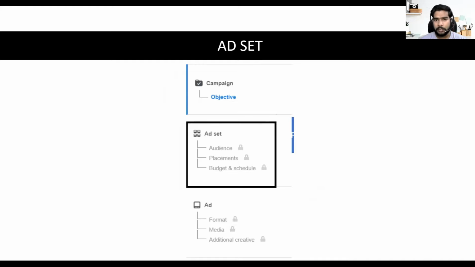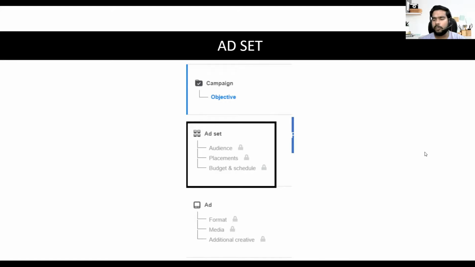Facebook will show your ad mostly to those platforms. Platforms and placements are two different things. Platform means Facebook and Instagram. Placements mean, within Instagram for example, whether your ad shows in the news feed, in stories, or in videos. Facebook and Instagram is a platform, not a placement, so don't get confused. Now, budget and schedule.